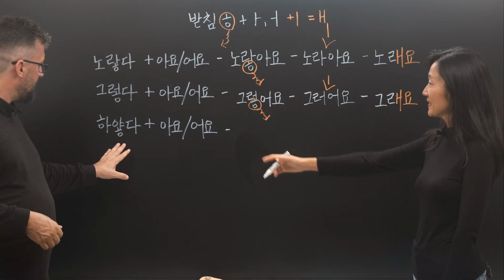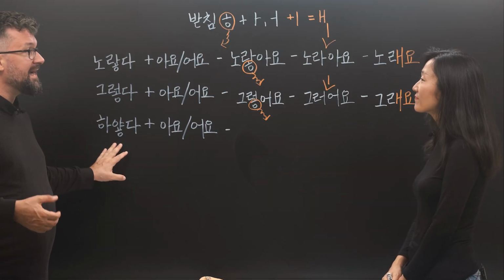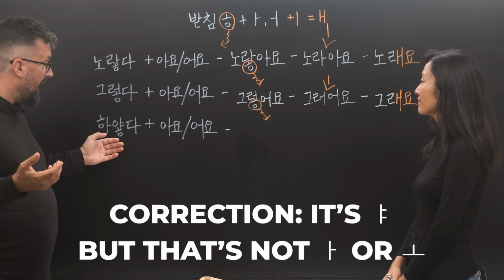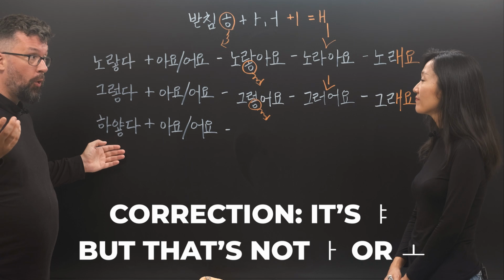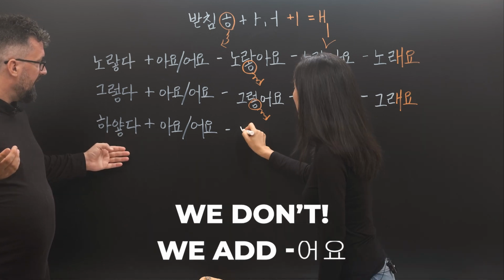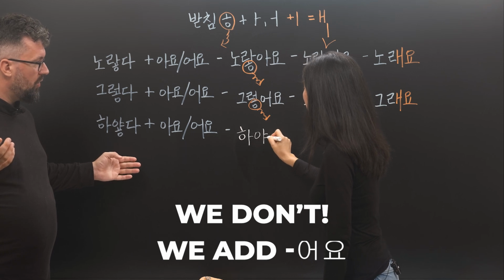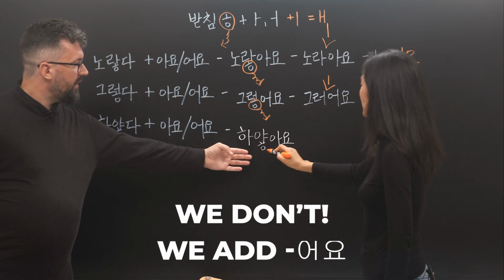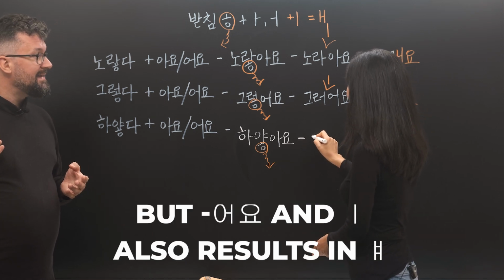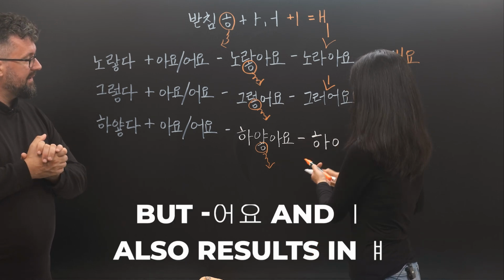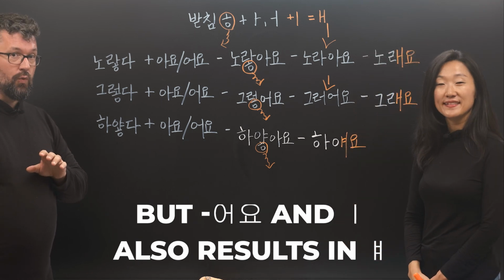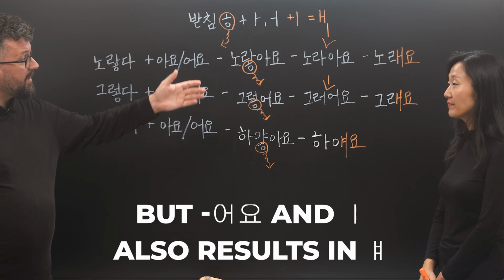하얗다. In 하얗다, the last vowel is ㅑ. ㅑ consists of ㅣ and ㅏ. So ㅏ or ㅗ, so we add 아요. Then 하얗아요, and then we remove ㅎ. We add ㅣ, ㅑ and ㅣ is 예. So 하예요. So it always becomes either ㅐ or 예.